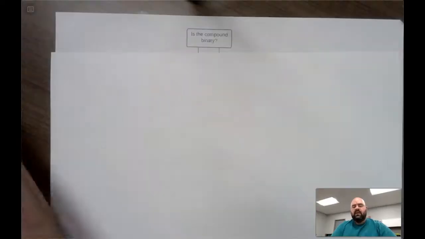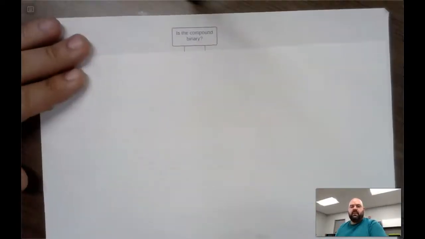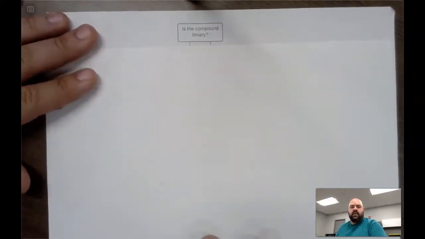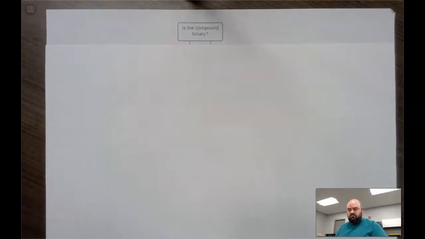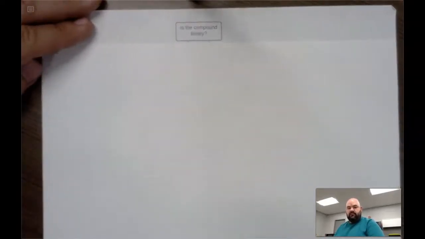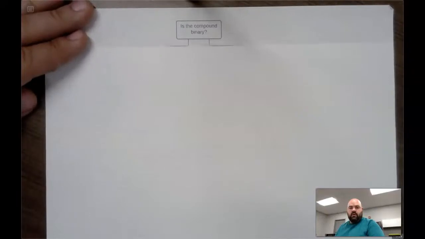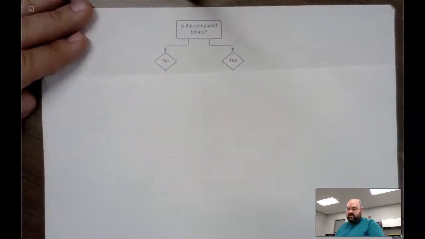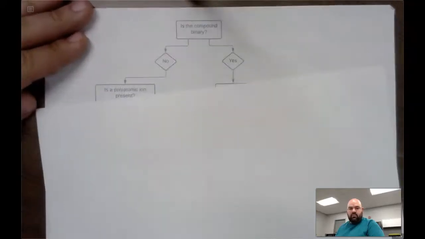Okay, something I've got here for you is a nice little flowchart that I made, and I'm going to post it on our Echo page, but I just wanted to show it to you to give you a walkthrough. When you're naming a compound, when you see a formula, the first thing you should ask yourself is: is it binary? You're going to ask yourself yes or no. If the answer is no,